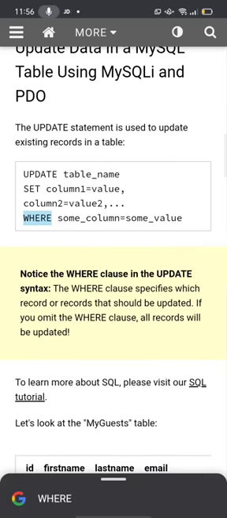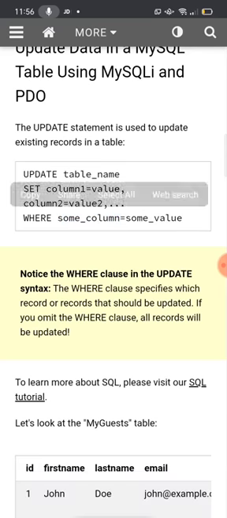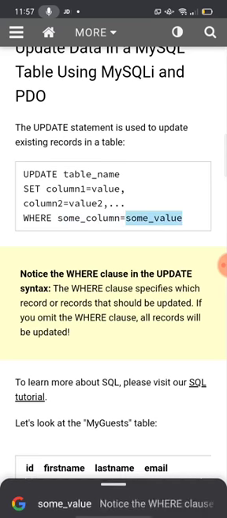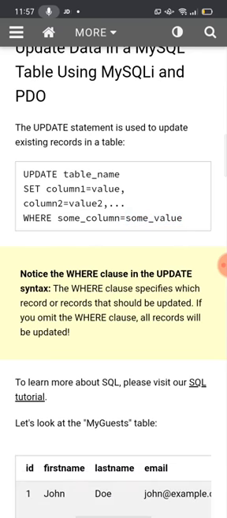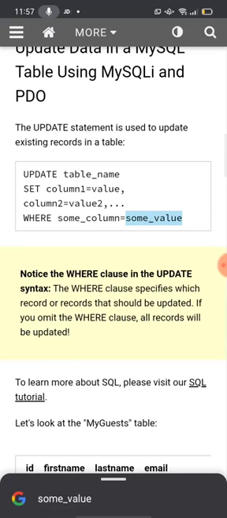Now there must be some condition, meaning WHERE, a condition based on some column. For example, if a student has a unique ID, you are going to write WHERE the unique ID of the student equals, maybe student ID 001 or 005. So you are going to write student ID equal to 005.